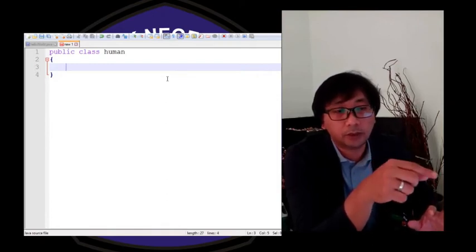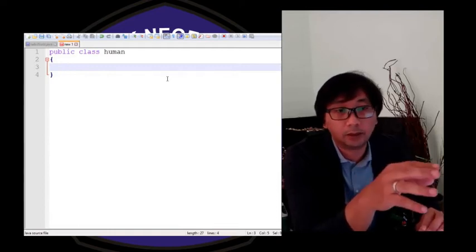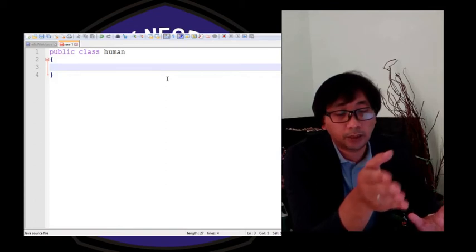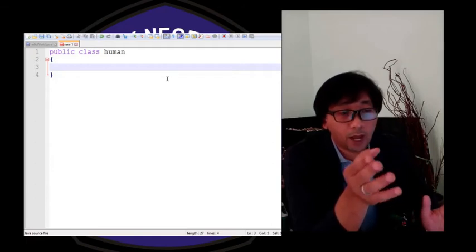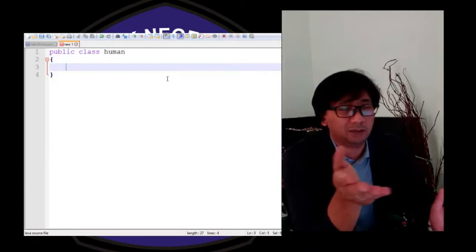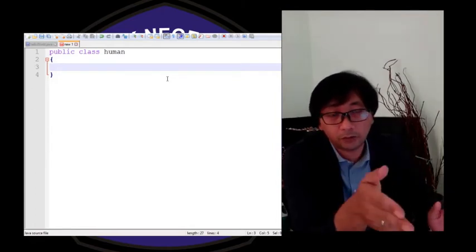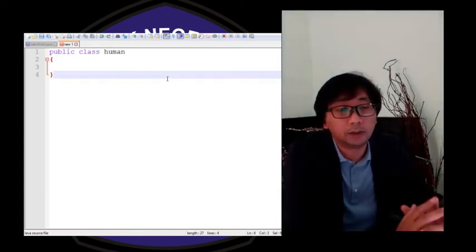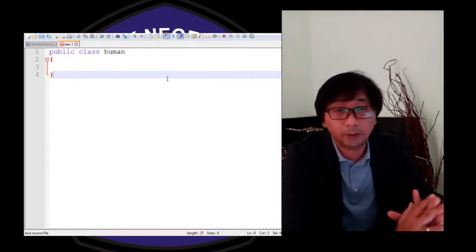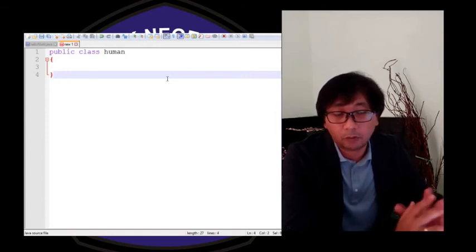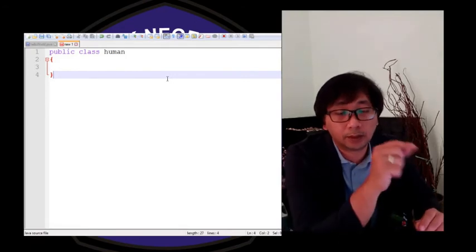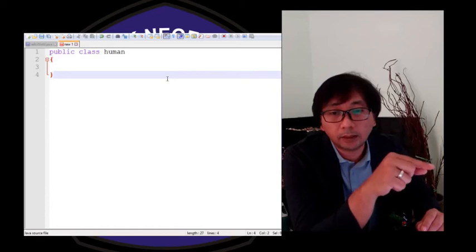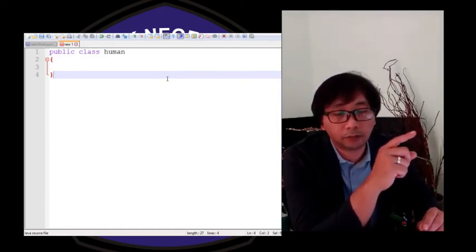If you don't do this, then you will have a lot of difficulties, like finding out where is the pair of the start, or where is the end of this class, or where is the start of this function. If you only have 5 or 3 lines of code, then it will be easy. But imagine that you have 100,000 lines of code, and the error was because you failed to type this end or start symbol, then it will be a disaster for you. So to become a well-organized programmer, you have to begin with this kind of habit. You always have to directly type the start and end symbol after you create the class or the function or the method. Okay,